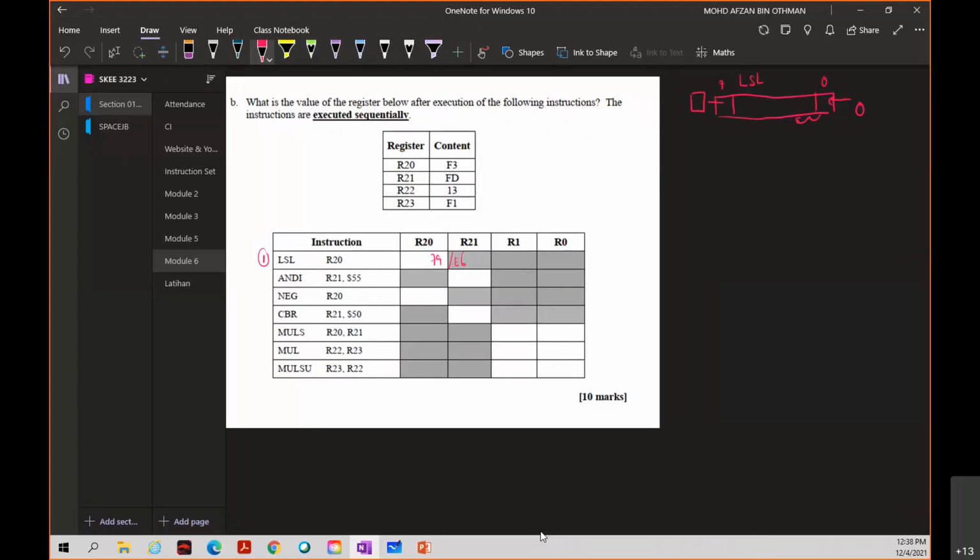Now what would be R20? R20 is F3. You change this F3 to binary representation first. So F3 is 11110011. Then what you're going to do here is use the LSL: put 0 into bit 0, and the rest will be shifted to the left by 1 bit. So you will get